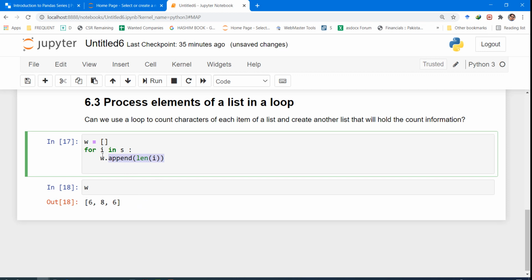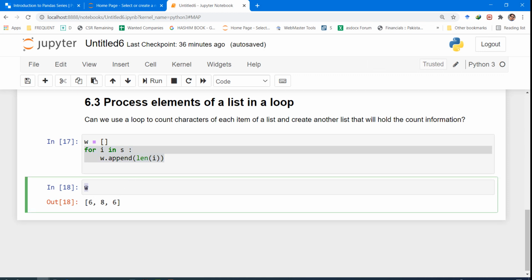So in each run, we'll be processing the individual item of list S, and hence once this loop ends, we shall have a complete list of character counts which we have stored in the variable W.